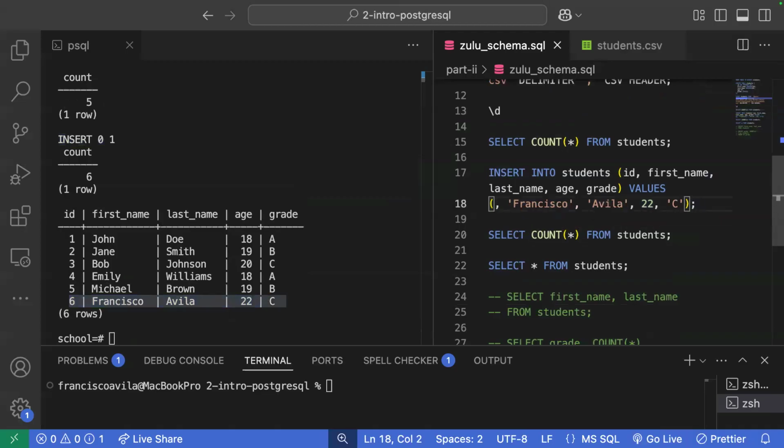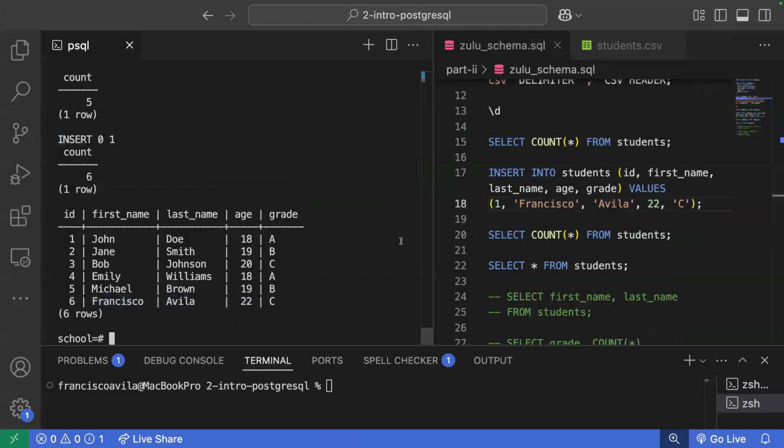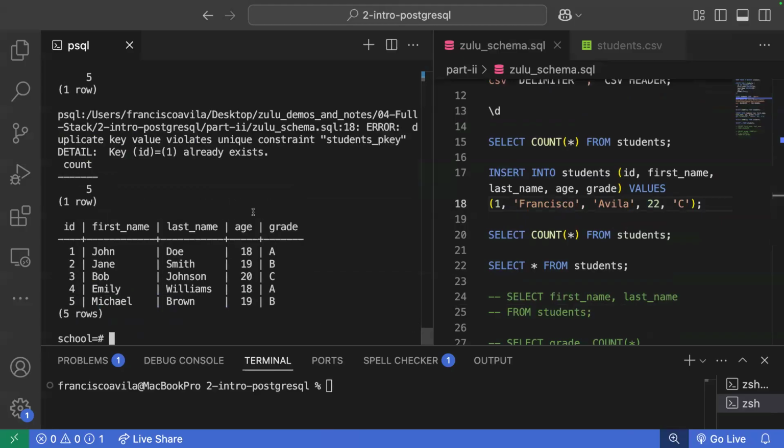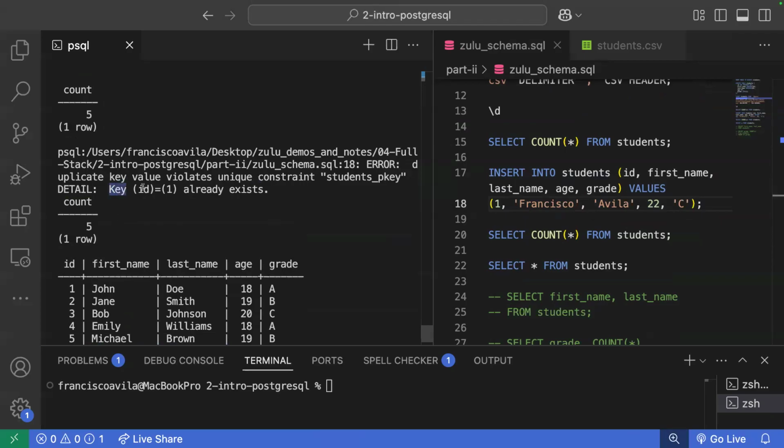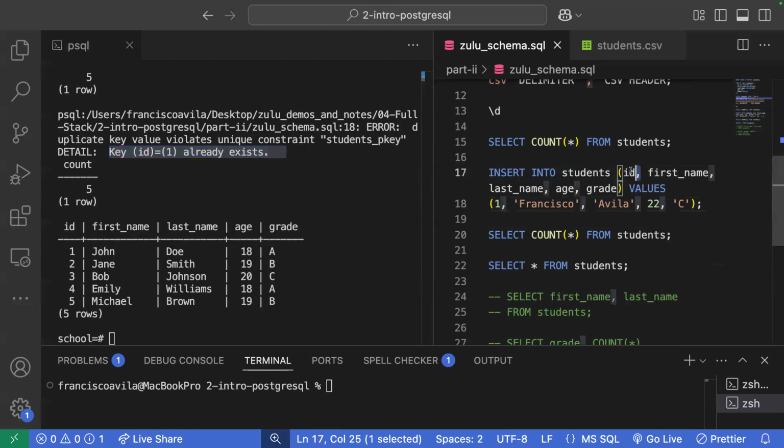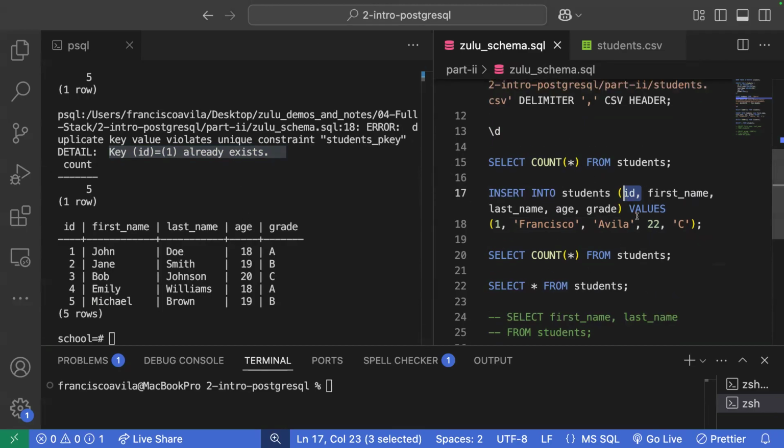Well, if I change this ID into 1 and I execute this code, we're going to get an error because it's going to tell me, hey, the key of 1 already exists. Well, that makes sense. But that means that every time I have to add a new ID or every time I have to create a new instance, I'm going to have to do it where I include the ID. And I'm going to have to keep track myself of IDs that are being utilized. I'll have to write logic here to make sure that IDs aren't being reused over and over again. So instead of doing that,